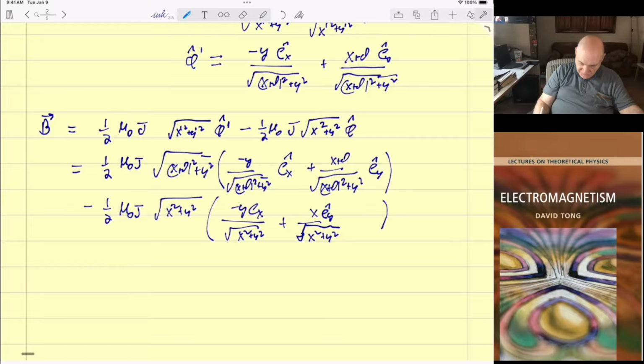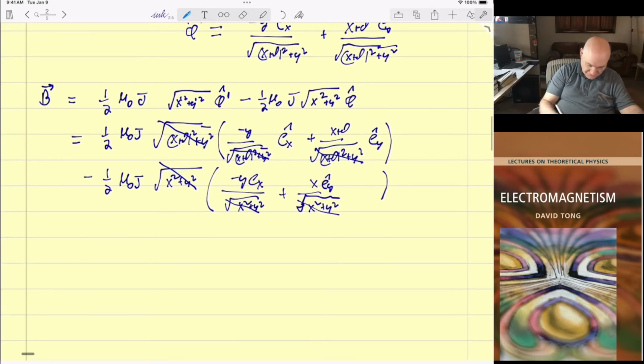Okay, and you can see the beautiful thing is that this cancels this, and this cancels that and that. So that's why this works out so easily. So we get minus 1/2, plus 1/2. B equals 1/2 mu 0. I'm going to substitute for J,